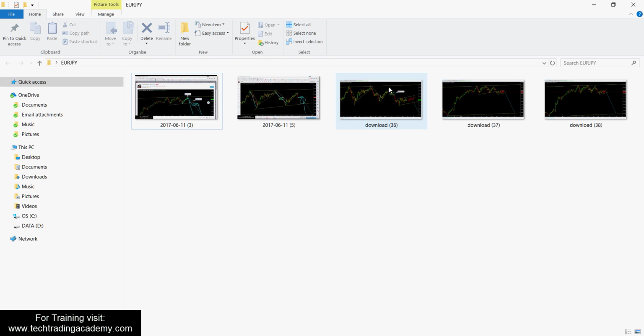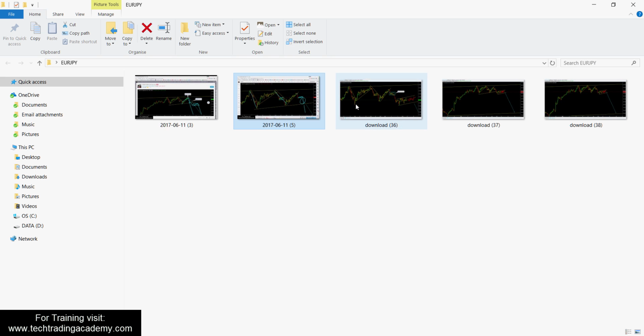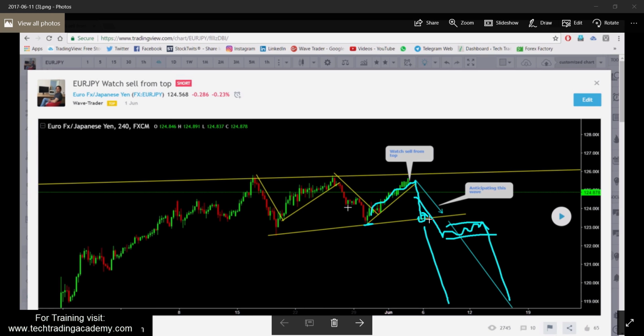We were anticipating a similar flag, this kind of flag here at this area. We got that flag, we got this trade, and even we got the breakout of that area. All right, so we were anticipating that once we see the breakout of that, we're going to see the